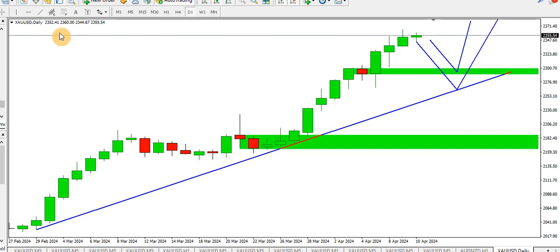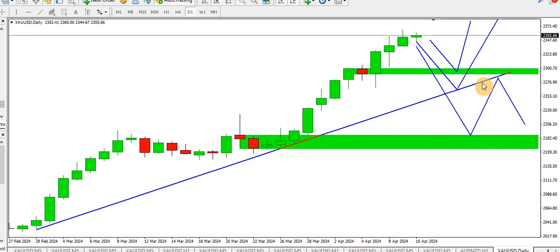But if that fails, we have the next order block below, where buyers might come in and push price up to this particular order block, and then possibly we might see a drop up to this other block